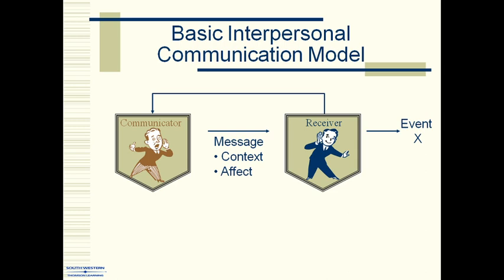So that is what the model says. The communication should not break at the receiver, or after the receiver. The communication should flow from a communicator, go to a receiver, and go to the event. So if the communication wants to be completed and not end at any point in between,